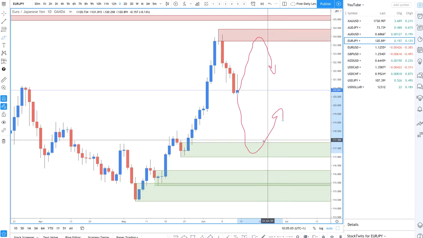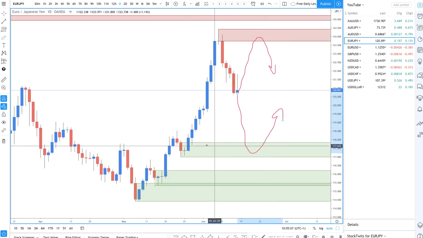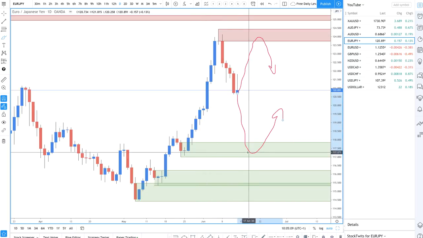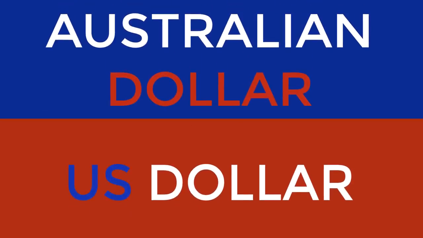the area for a nice long trade, nice technical level, but it depends on whether it will get down there, and you want to be a buyer of the euro. Aussie dollar, so Aussie dollar,